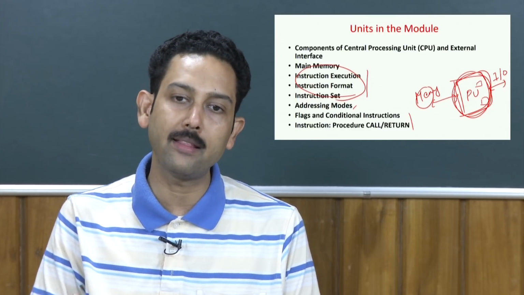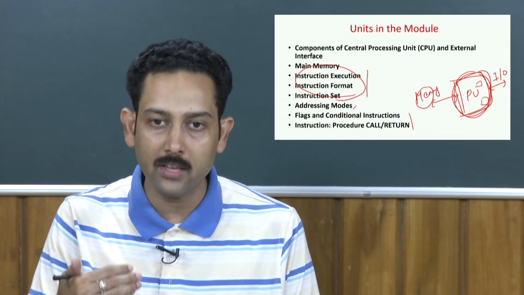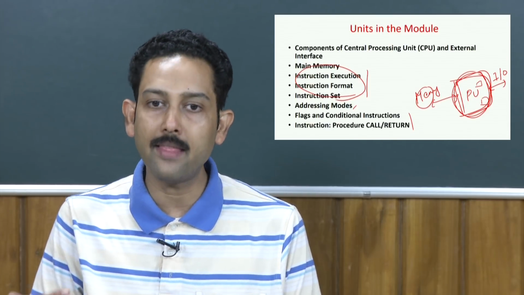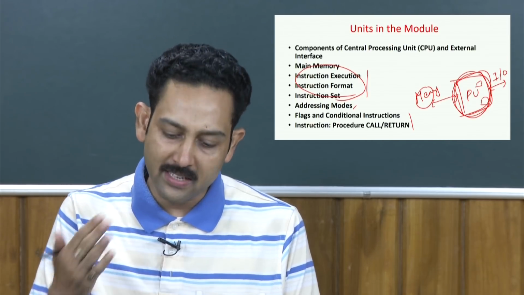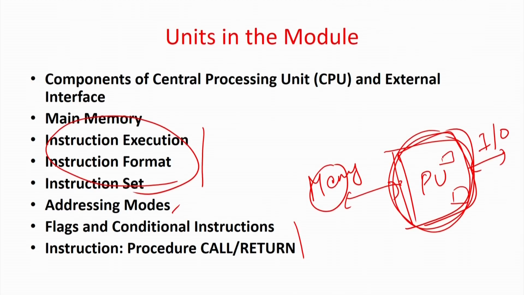Like for example, we can think that instruction 1, then instruction 2 and so forth, but sometimes when you want to execute a jump instruction, or whether you want to execute a function and then return from the function, specialized types of instructions are required, for which flags and conditional instructions and call procedure and return. These are the two modules which will focus on such type of instructions